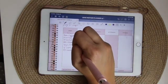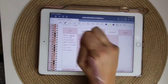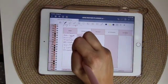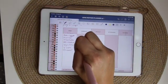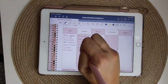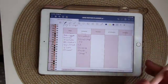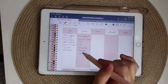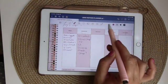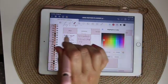Now this is homeschool time, so I'm writing language arts. I know this day is going to be a science day. We alternate science and geography, history. So this day is the science day. We're gonna do math, and I'm gonna read chapter 7 of the read aloud we're doing. I don't get too detailed here. I have a homeschool planner where I write more details, but I just know this is what needs to be done in that time, and it is just so satisfying to then come here, I'm gonna use red, and go along my day and